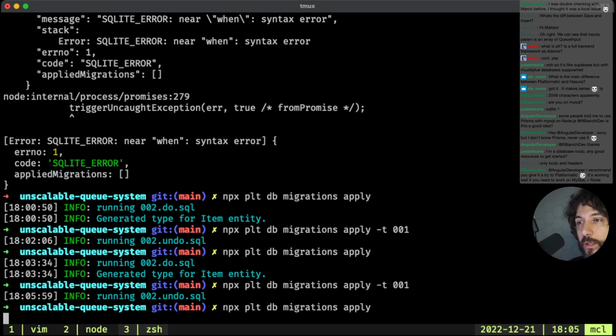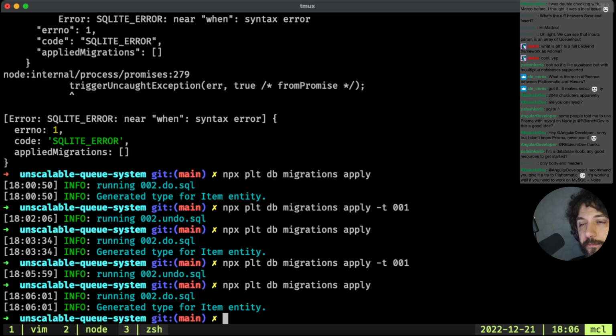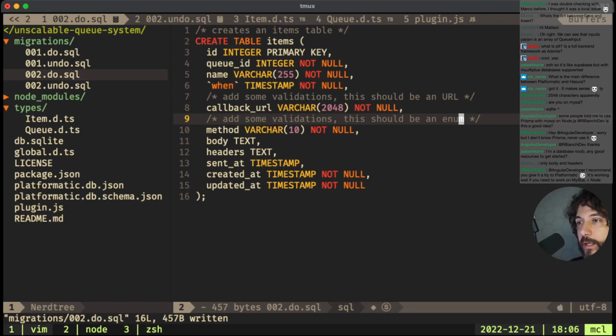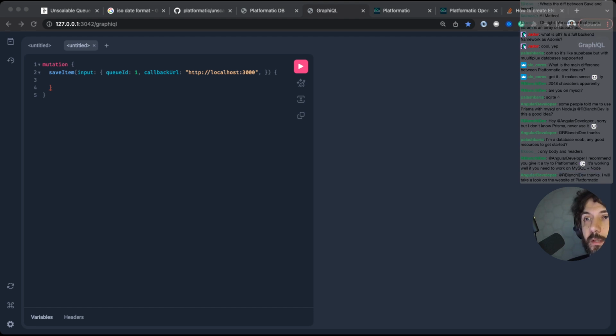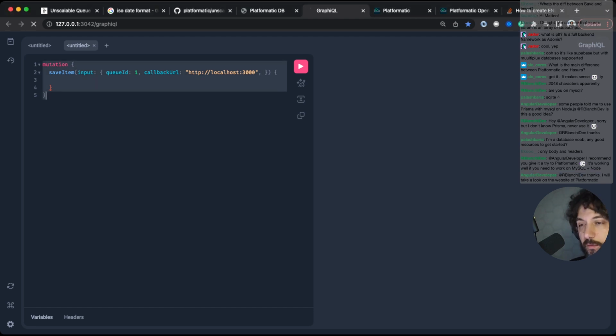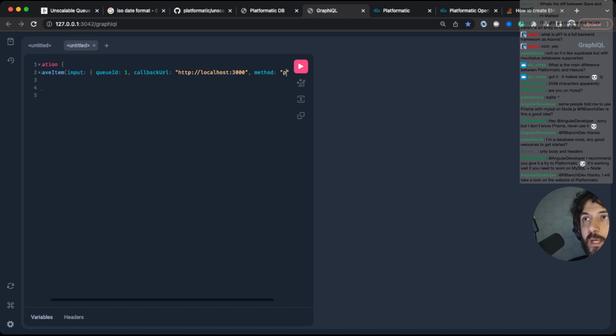Let's cancel this one to recreate it. Then we go back in Chrome, copy, refresh. Okay, we want the method to be a post, not a get. Let's do a post, with body "hello, folks", and no headers.